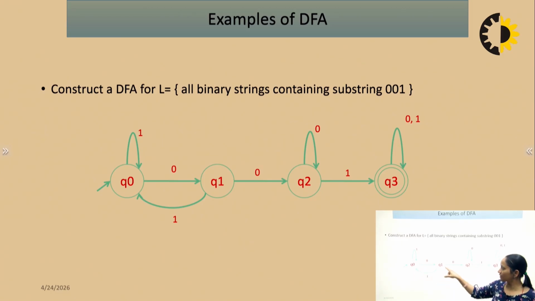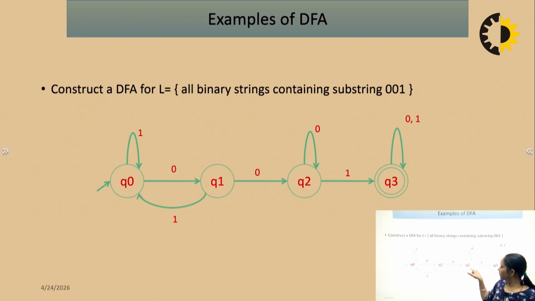Now we have to make the transition of Q1 for both 0 and 1. 0 is here. What about 1? Can we make a self loop of 1 and still contain the substring 001? If we make the self loop of 1, starting at Q0 the string will be 0, 1, 0, 1. Are we getting the substring 001? No, it has not been covered. So the restriction is that we have to make the transition of 1 from Q1 to Q0. So the transition of Q1 is completed for 0 and 1.